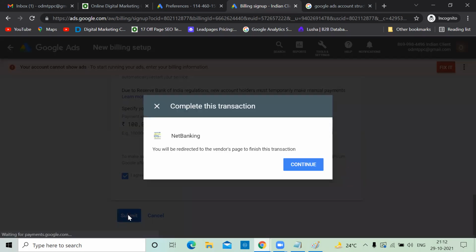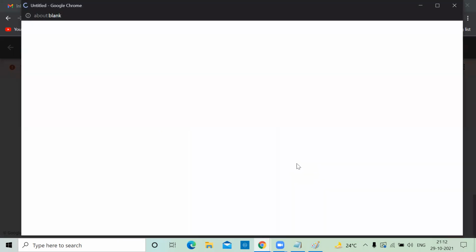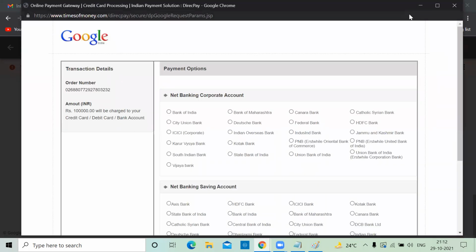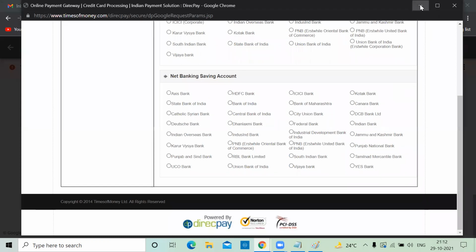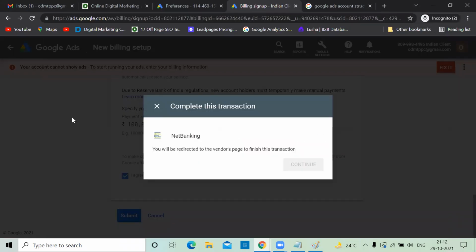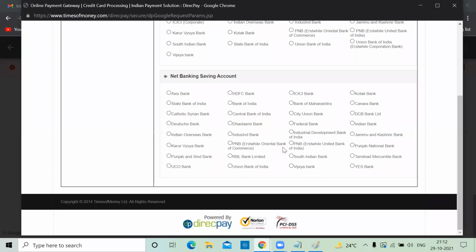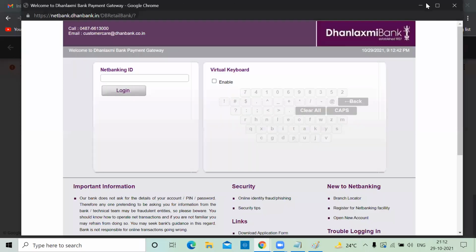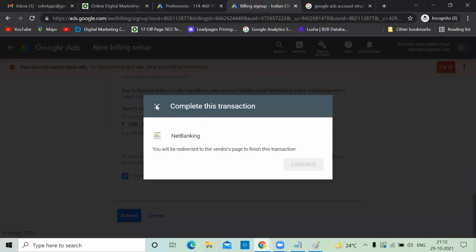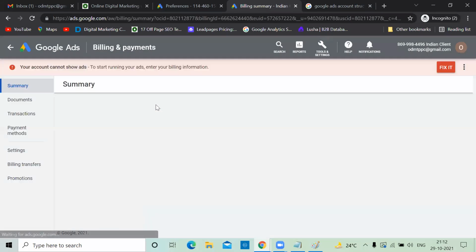Through net banking, now you'll be paying the money. Now this will open like this. Just minimize it. Let's say I'm selecting some bank here. I'm not paying, but generally when you pay, it will be done.